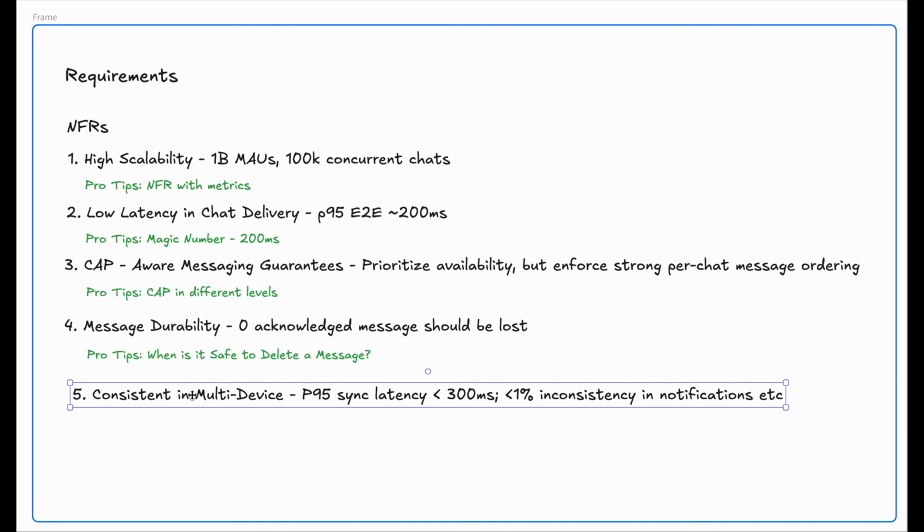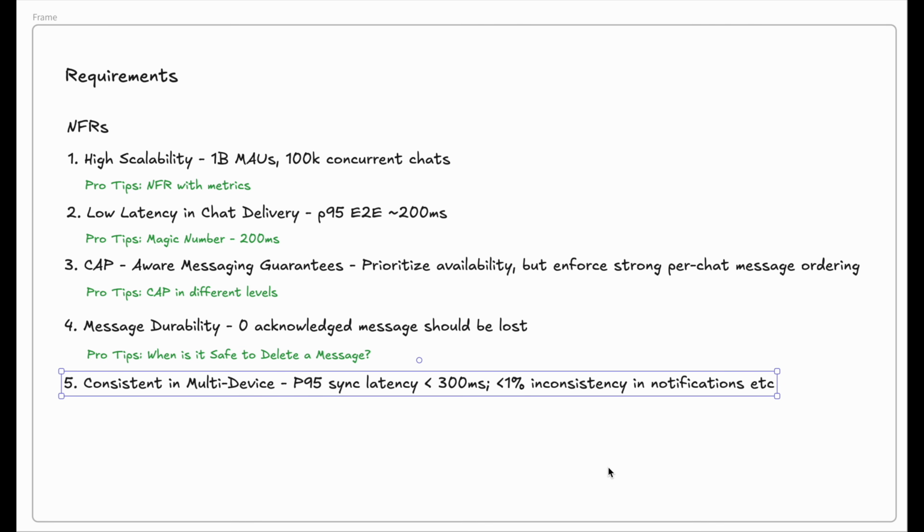Now let's come to the fifth non-functional requirement, which is multi-device sync. Basically, if we want to measure the success, we want to say the 95th percentile sync latency is less than 300 milliseconds, for example, or 100% consistency in notification, etc. The illustration here is that a user might have a lot of devices, as there are multiple clients: desktops, phones, tablets. Basically, how can we make sure that those messages are in sync without any duplications or